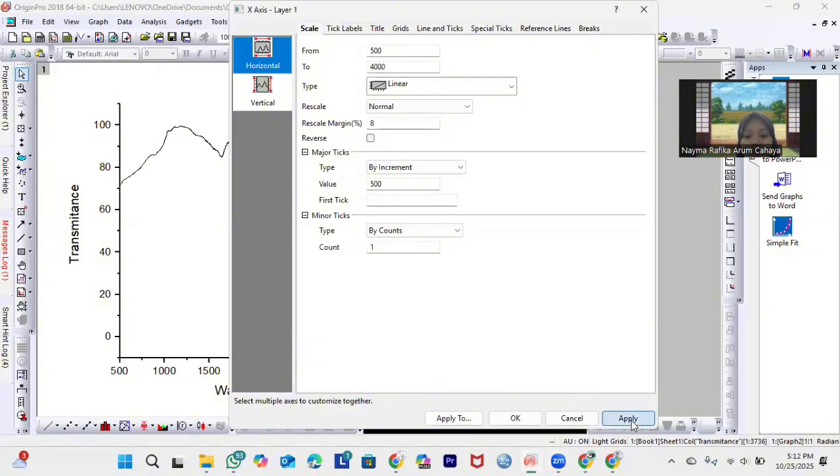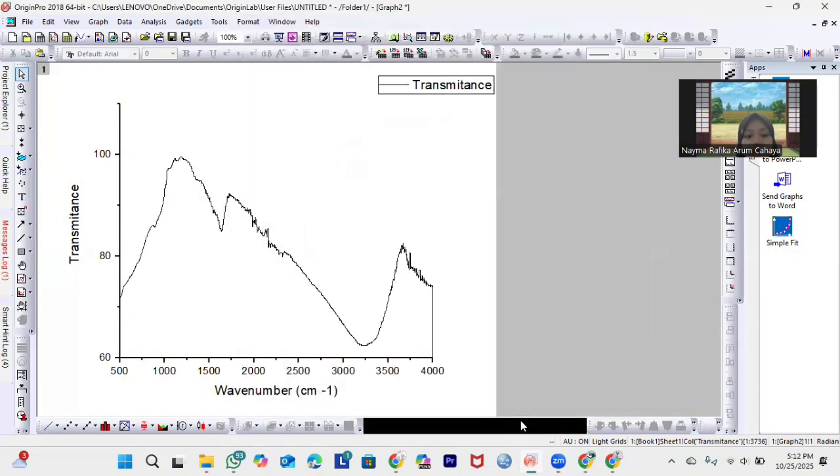and then click apply, click vertical. In this part, we set from 60 until 110. Okay, next we click apply and we click OK. So we already tidy up the data, and then